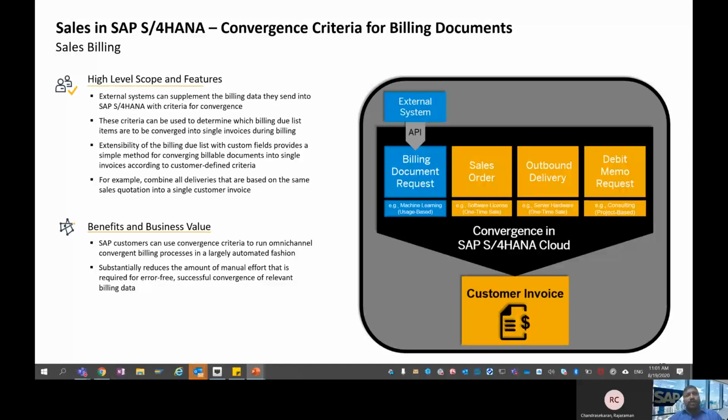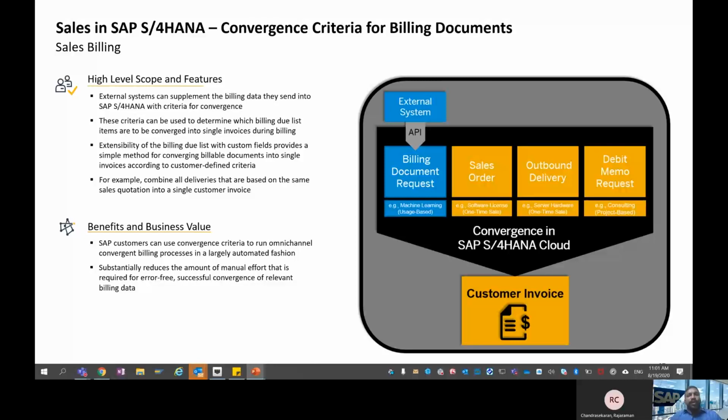So what benefits does it bring? Before that, we have to understand how this can be achieved. Converging criteria can be defined, and the converging criteria will determine which billing due list items are to be converged into a single invoice during billing.